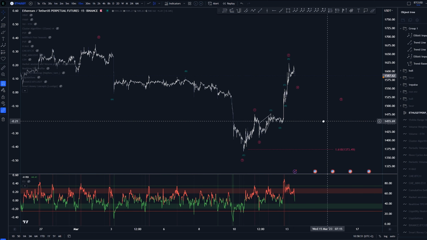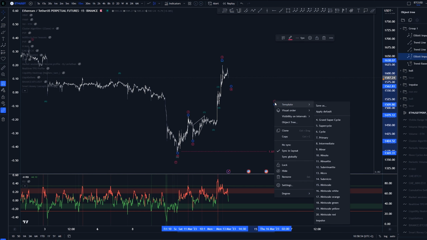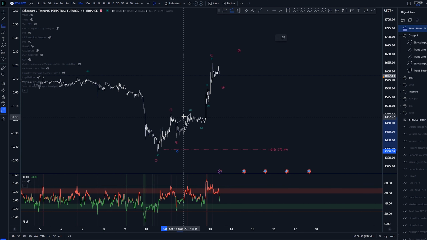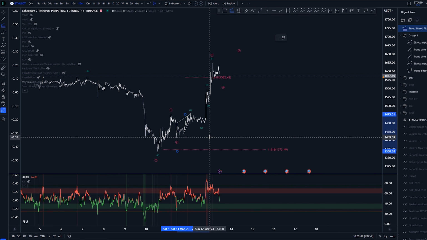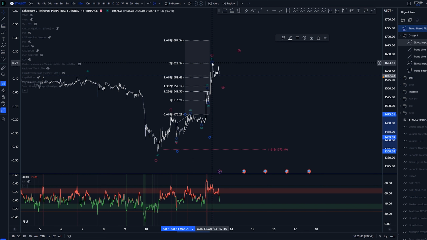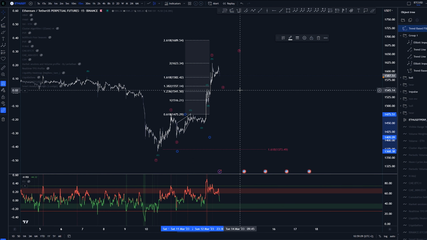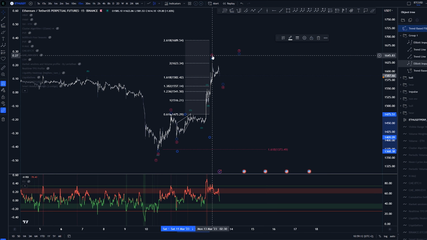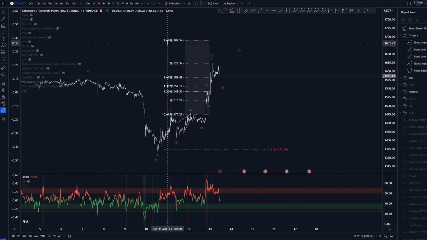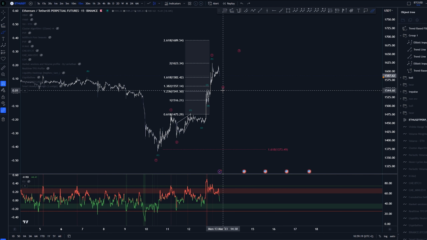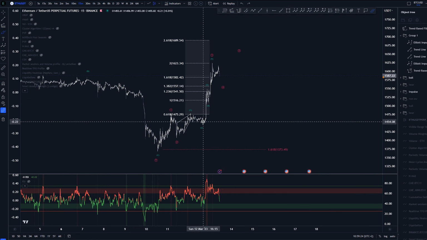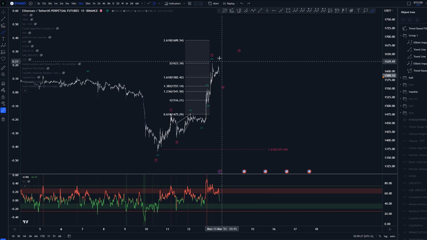So again, as mentioned, this is looking decent as an impulse to the upside. We have already hit some of the targets that we have for the third wave. The only thing that is weird is the extension target here, which is 2. Generally we don't hit that in the forms of 2. Generally we hit the 1.618 or the 2.618 or anything with the 0.618 at the end as more general target. So that makes me think that maybe this is indeed a part of this structure and we have a 1-2-1-2 setup here, but we'll see how that turns out.